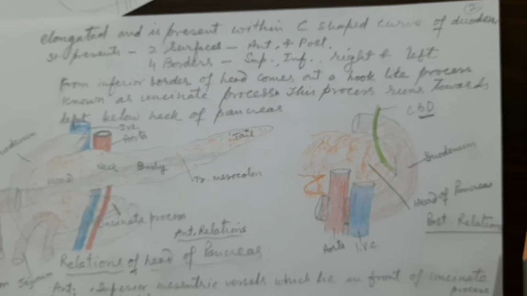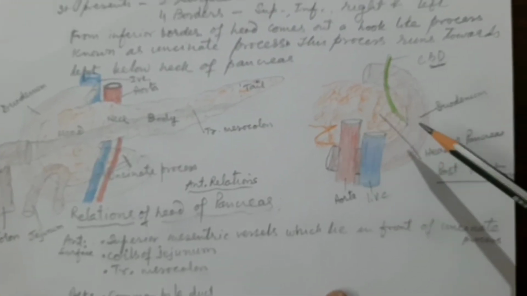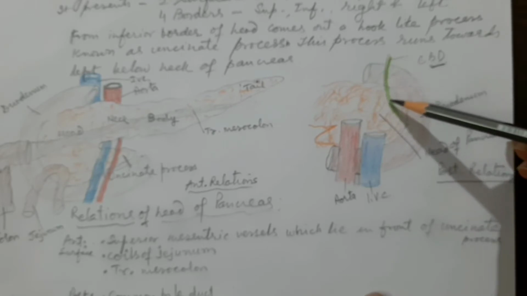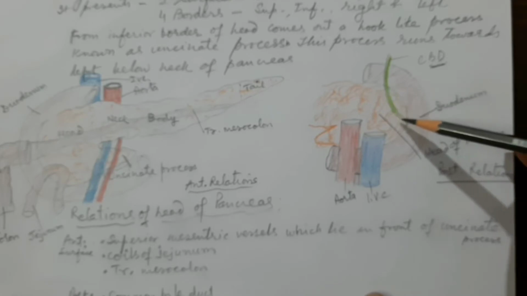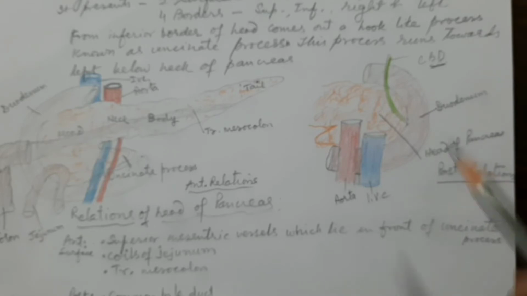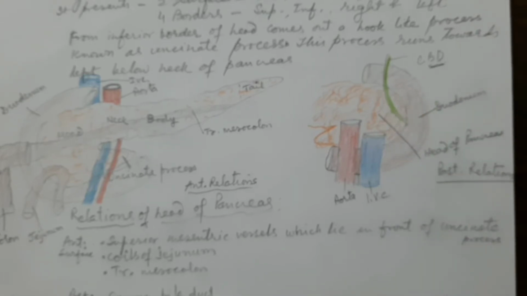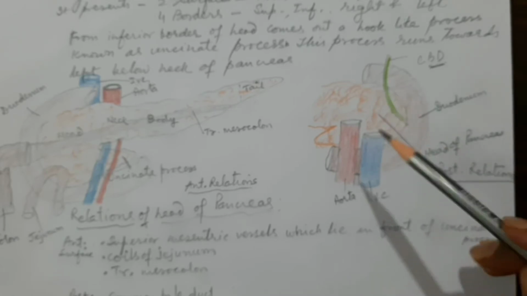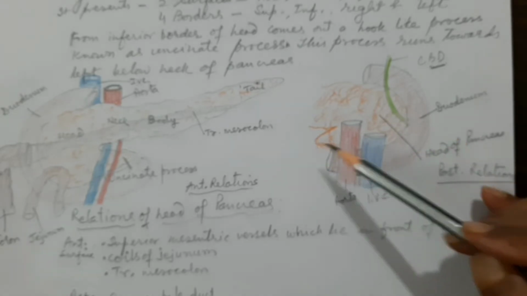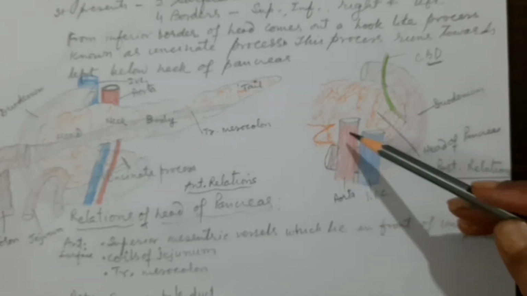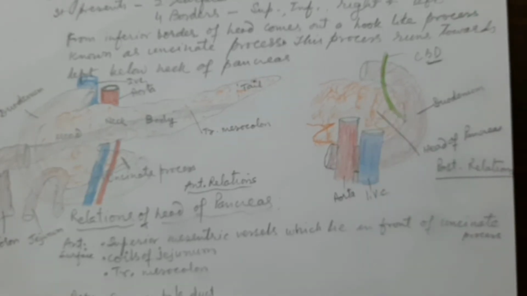So the aorta lies directly behind the neck, behind the head of the pancreas. So what are the posterior relations? Let us see here. It is the common bile duct which is forming a groove. It may not be seen on the posterior surface, but it may be embedded in a groove of the pancreatic gland, on the posterior aspect of the head of the pancreas. Then directly on the posterior aspect will be the inferior vena cava, and more to the left side will be the aorta. The abdominal aorta is in relation to the head of the pancreas.